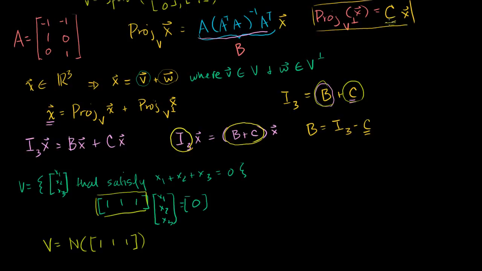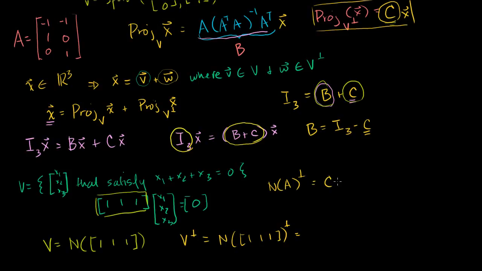If we can figure out the transformation matrix for the orthogonal projection of x onto V. So this is V. What is V complement? V complement, or V perp, is going to be equal to the orthogonal complement of the null space of this matrix right here, which is equal to what? Remember, a null space's orthogonal complement is equivalent to